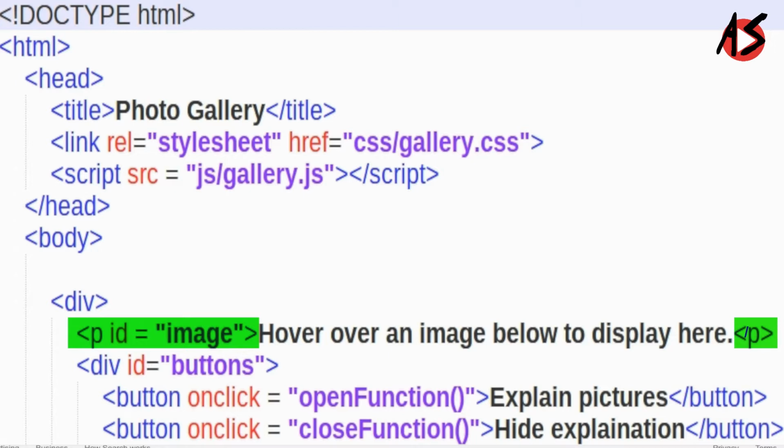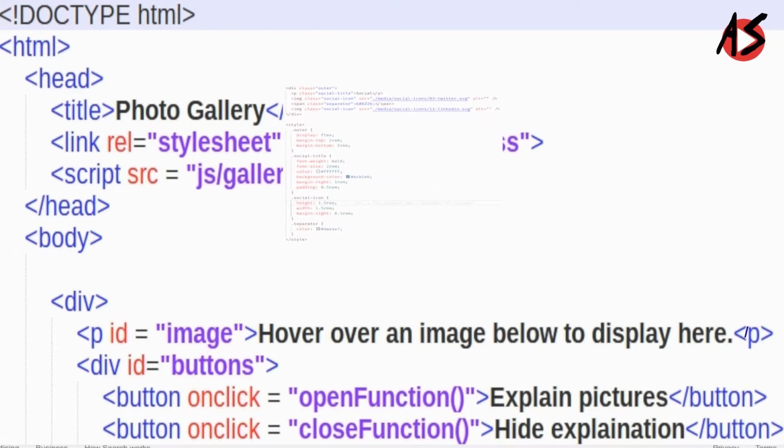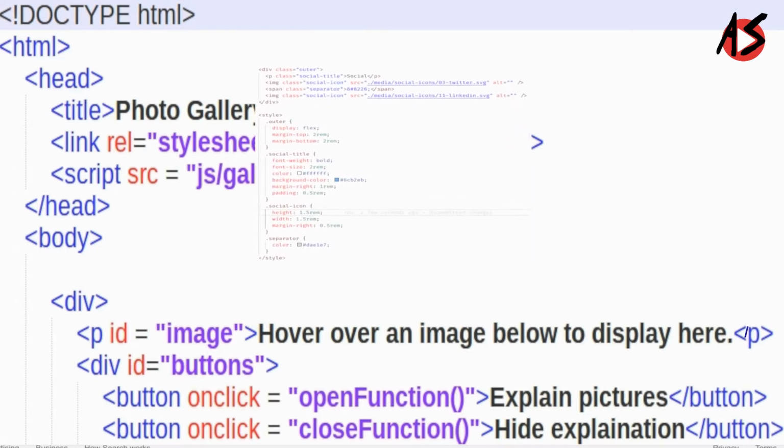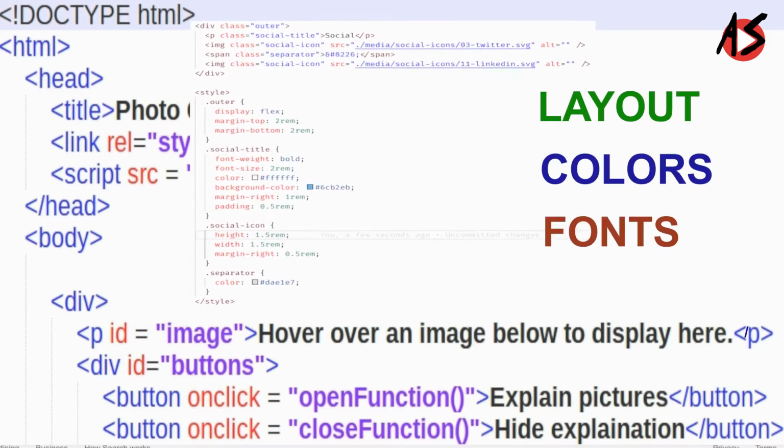contents. While CSS is cascading style sheet, designed to enable the separation of presentation and content, including layout, colors, and fonts.